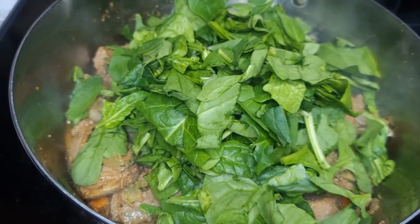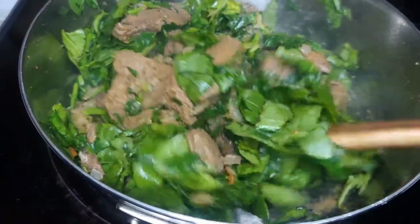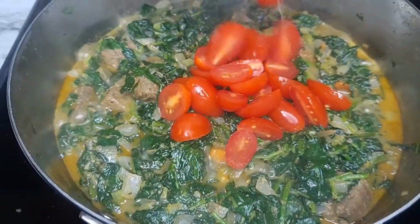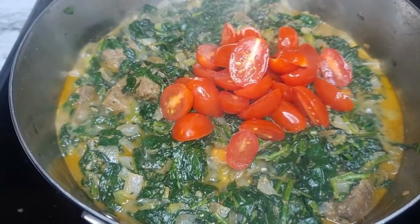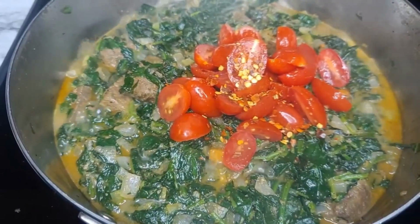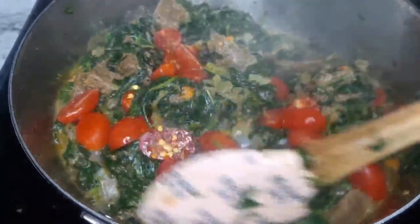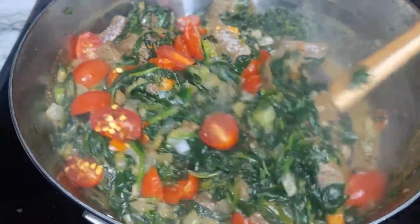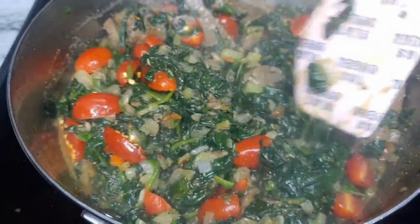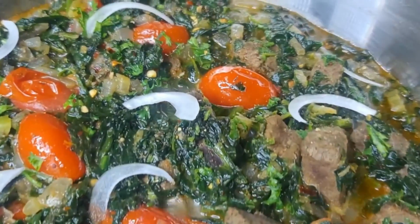Now we will add our spinach after about 5 minutes. Continue to mix, and our chicken bouillon. Now here you can adjust your seasoning to your likeness. Here I did add some sliced cherry tomato and a little bit more of chili flakes. As you can tell, your girl loves some heat. Alright. So this stew actually takes about 10 to 12 minutes to cook. Super easy,